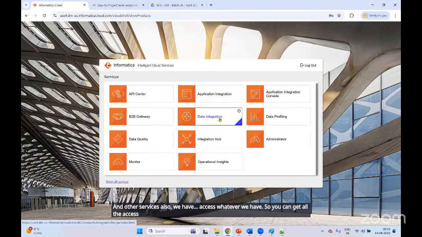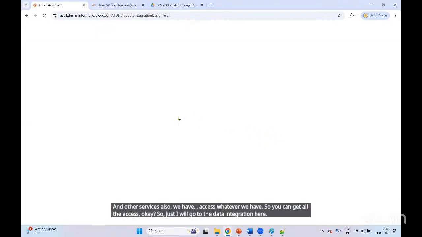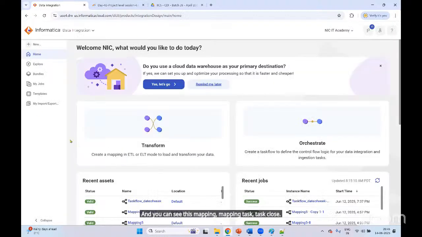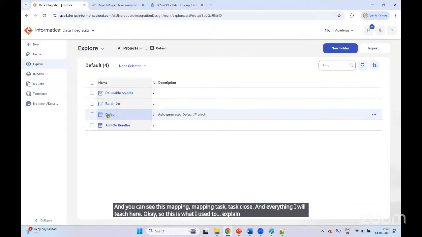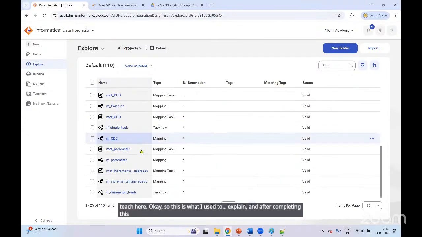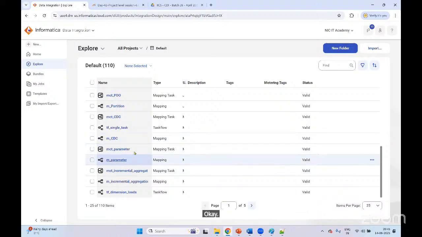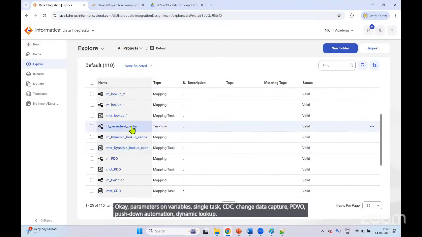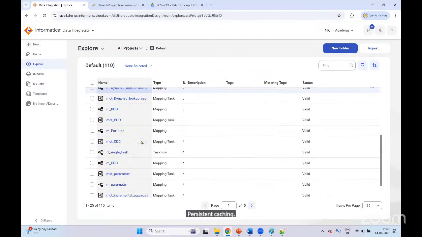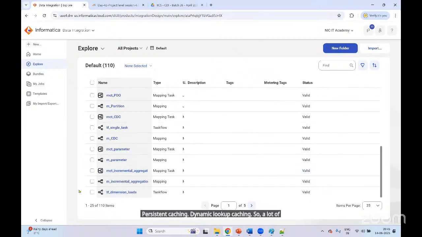Okay. So I will just go to the data integration here, and you can see this mapping task flows, and everything I will teach here. Okay, so this is what I used to explain. And after completing this one, you can go for other accounts also. Okay, parameters and variables, single task, CDC, change data capture, PDO, push down optimization, dynamic lookup, persistent caching, dynamic lookup caching. So a lot of incremental aggregation, a lot of